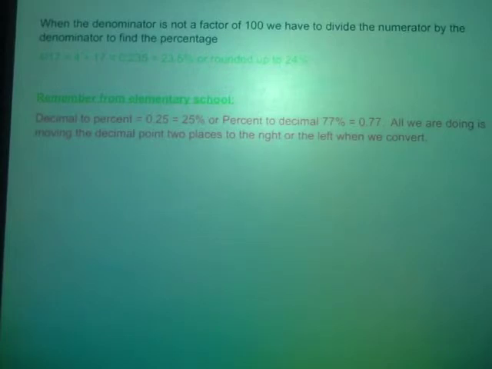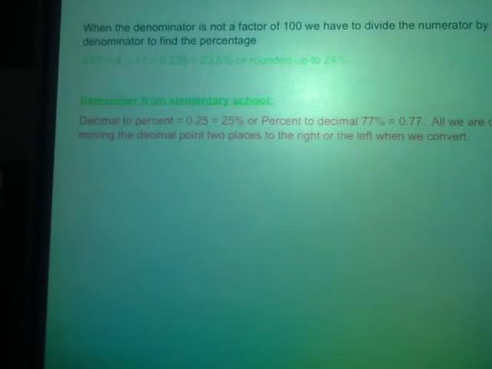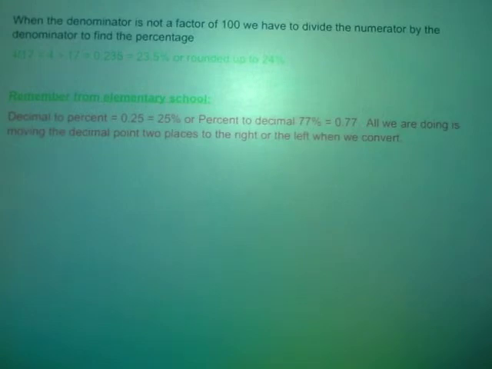One last note. Remember from elementary school, decimal to percent, move that decimal point over 2 places to the right to create a percent. Sorry, I'm laughing at myself today. And then percent back to decimal, move it 2 places to the left. All we're doing is moving that decimal point to the left or right when we convert from decimal to percent or percent to decimal. Get a good copy of these notes